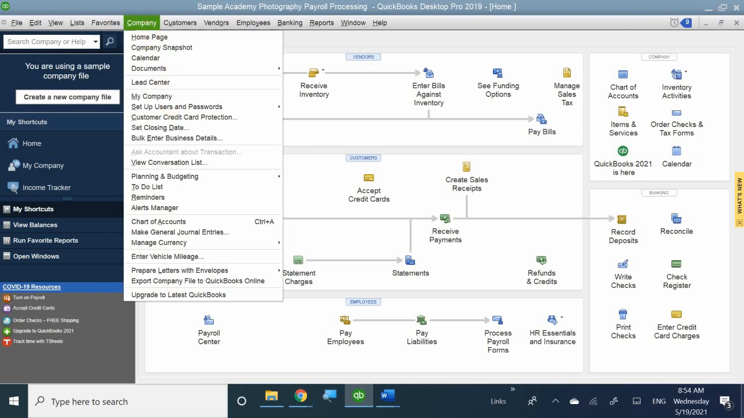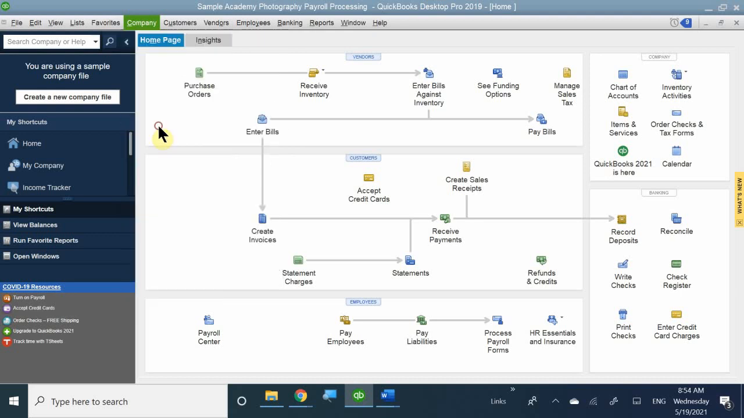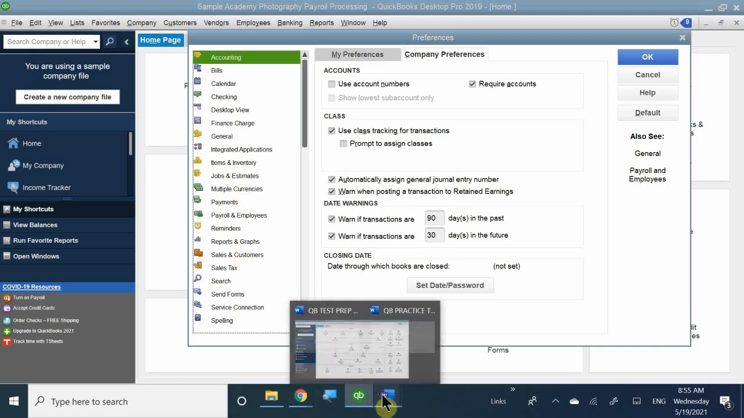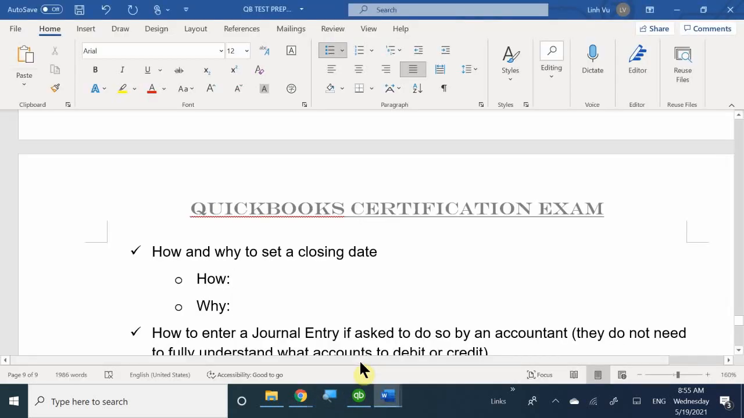Perfect. Good. Okay, another way that you can do that is through your edit preferences, because if you go through here and you set your closing date, it's going to take you exactly to the company preferences window. So that's the two ways that you can set your closing date. Let me go ahead and record that. How you could: Company menu,